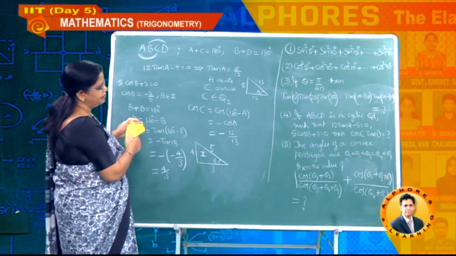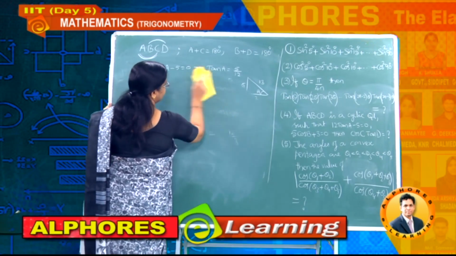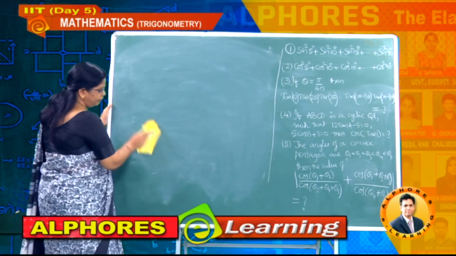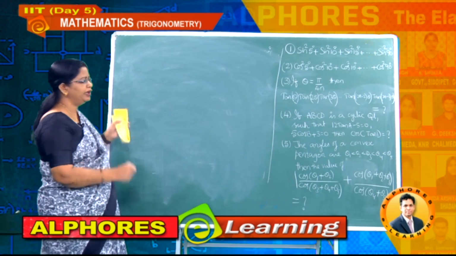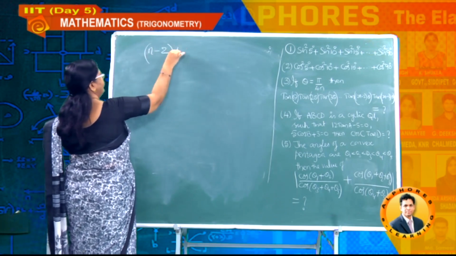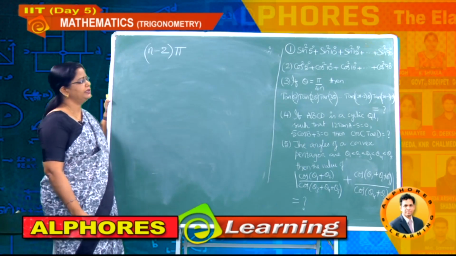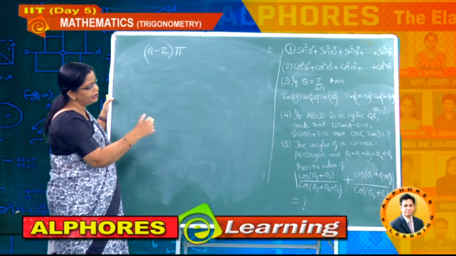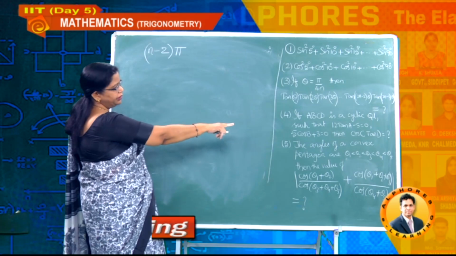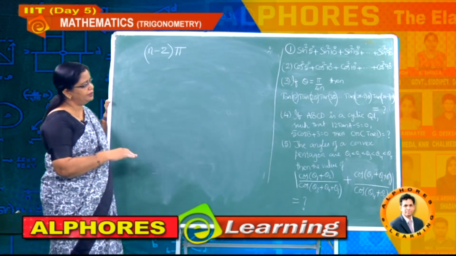Now lastly, let us do the fifth problem. In a pentagon, what is the sum of angles? You know clearly the sum of interior angles in a polygon of n sides is nothing but (n minus 2) into pi. Now this one is a polygon with 5 sides, a pentagon. It is not regular, that is why they gave theta 1 less than theta 2 etc. It implies it is not a regular polygon of 5 sides.